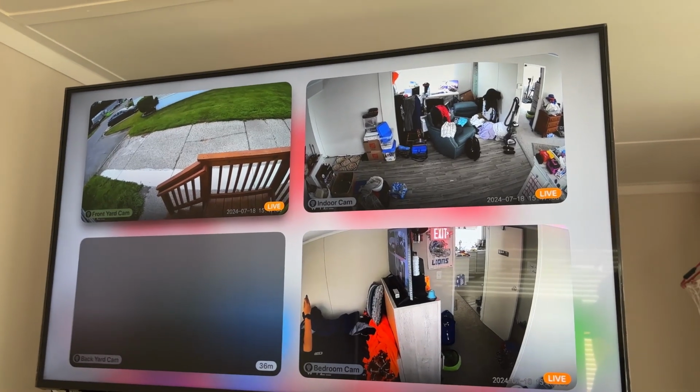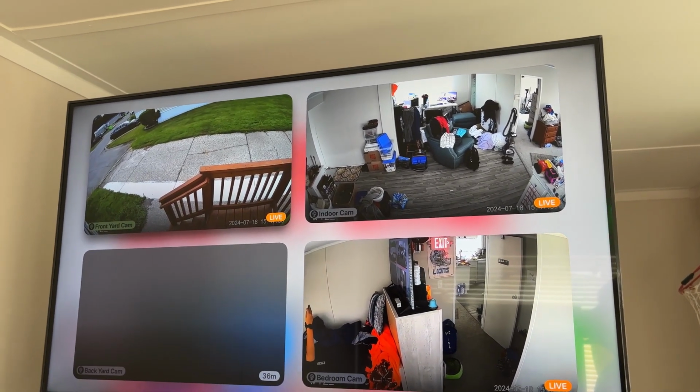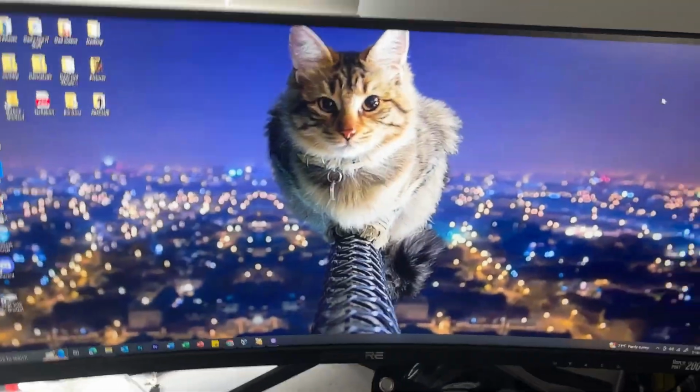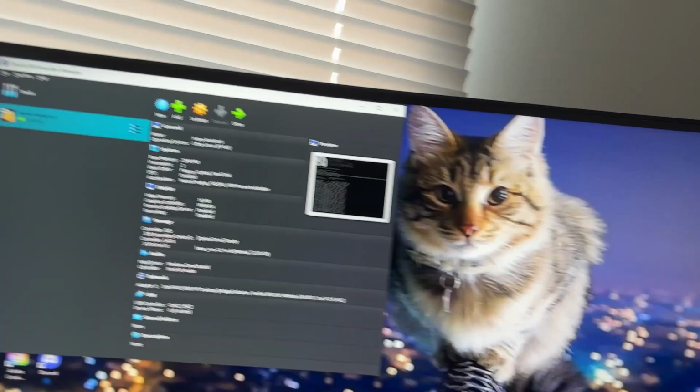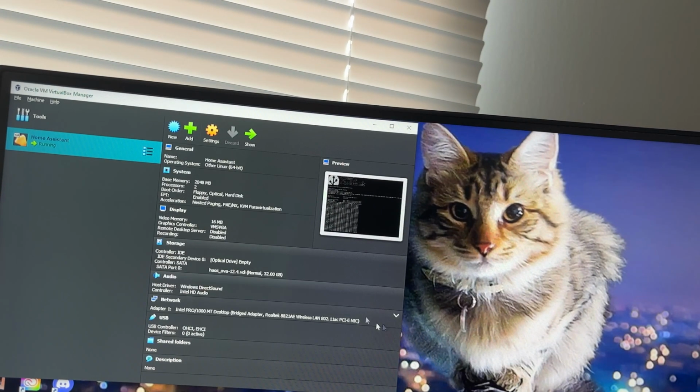To get HomeKit Secure Video on your Wyze cameras without using the RTSP directly from Wyze. If you're on a Windows computer like me, you're going to need to install VirtualBox. I'll link that in the description. Once you install VirtualBox, you're going to need to watch this video that I linked in the description, and it'll show you how to get Home Assistant on VirtualBox, so then you can use Home Assistant to get your Wyze cameras